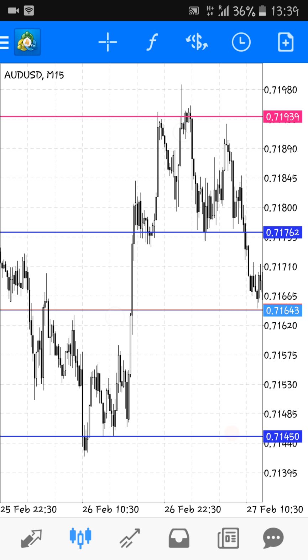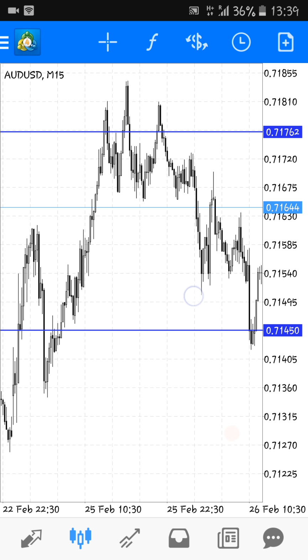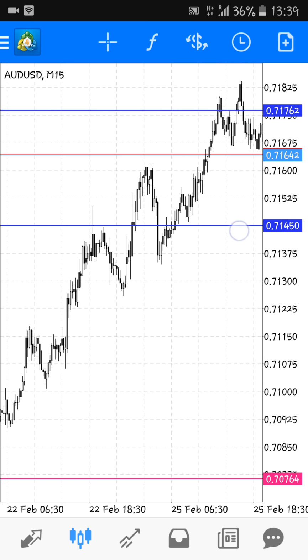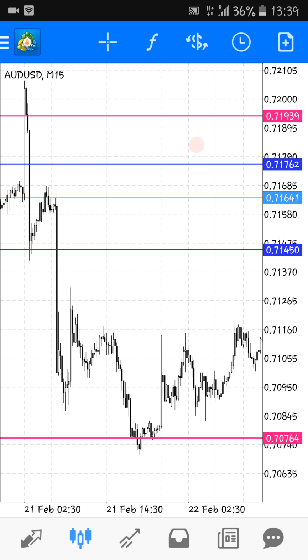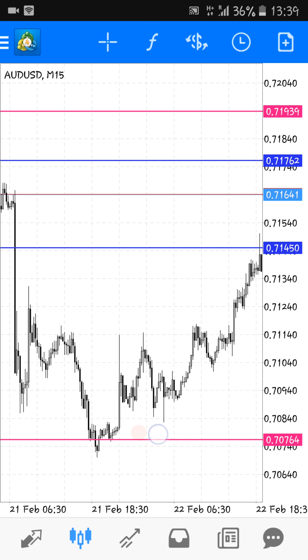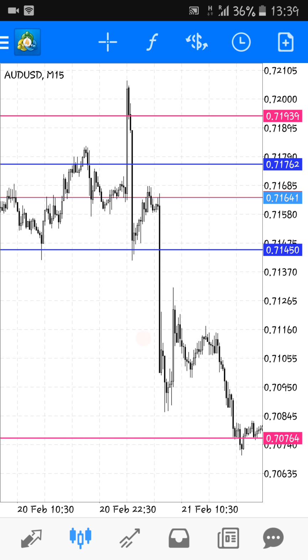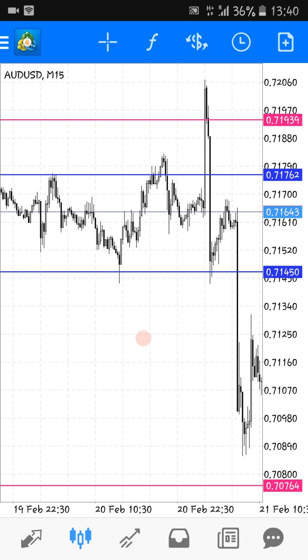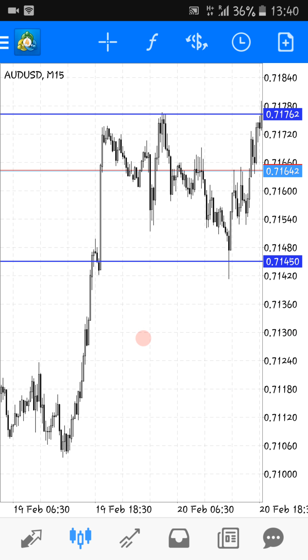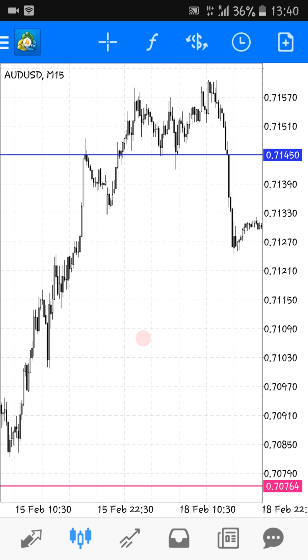Looking back at it in the past as well, you can see here again that was respected. So on a 15-minute time frame, you get to see more price action, but then the bounce here from the daily support,